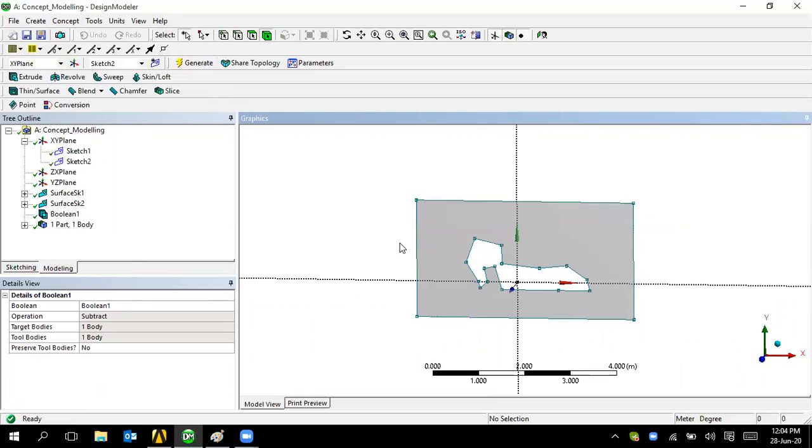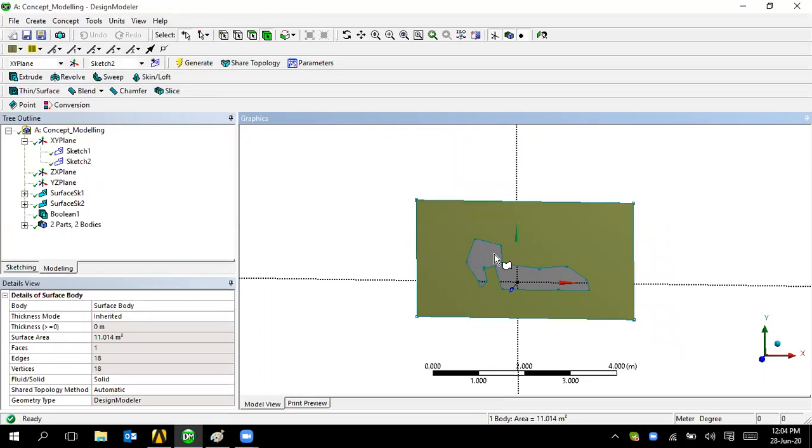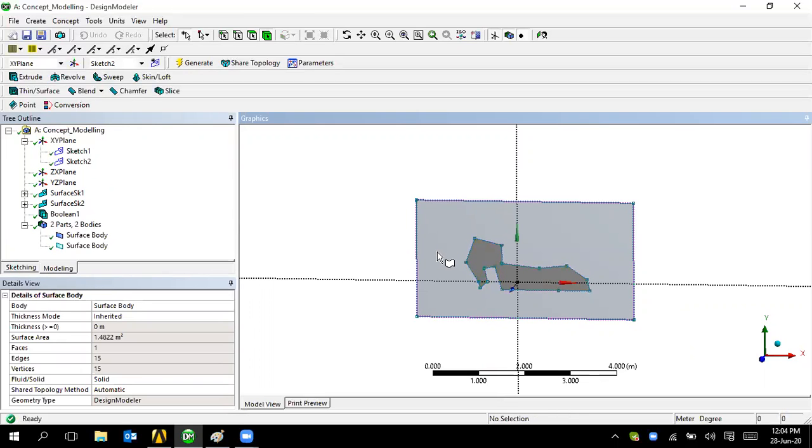Now if any flow has happened, it will show the turbulence here and where it is merging, and that observation we could take here. Maybe if you want the inner body also, you can enable preserve tool bodies and generate it. Look at here. Now this is your first body and this is your second body. So this is your solid body and this is your fluid body.